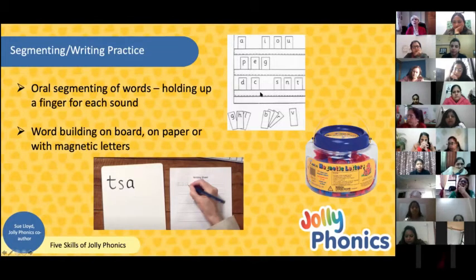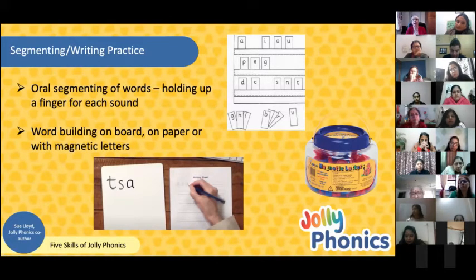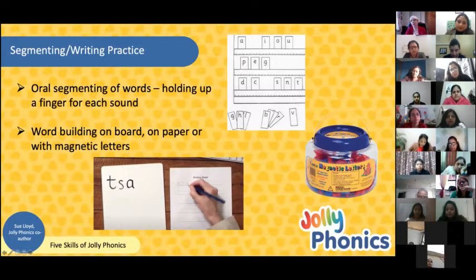I'd call the word out and a child would have to come and put the letters out for peg, and then I'd say, oh, I don't want peg anymore, I want pig, and somebody would have to come out and change the E for the I. So it's all the time showing them how to build words and at the same time revising the letter sounds. You can do it much more easily with magnetic letters, and in Jolly Phonics we've got magnetic letters. So if anybody, and you have a magnetic board,